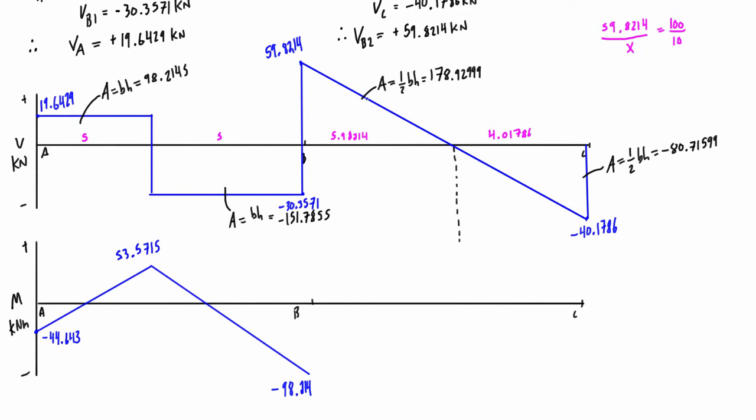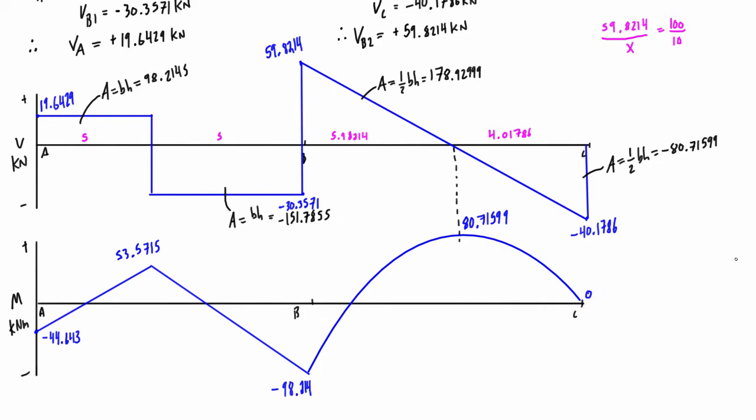So we have parabolic change basically going up, and then parabolic change is going to be coming back down. So if we have negative 98.214 plus this area, 178.92999, then our parabola peaks out here at 80.71599. And that's perfect because for the change in magnitude in the next region, we're looking to subtract 80.71599. So if we subtract that, we end up right back at 0, which is exactly what we were expecting because